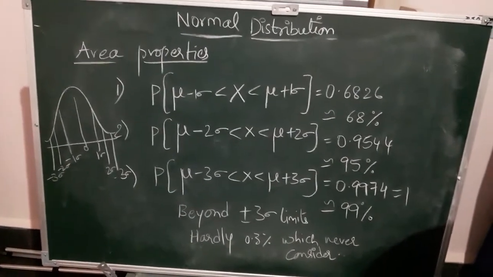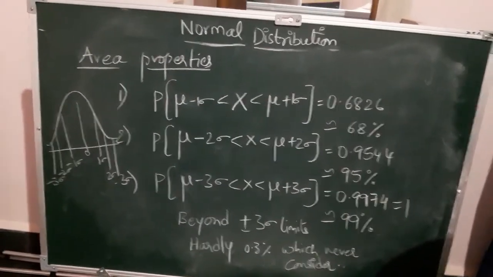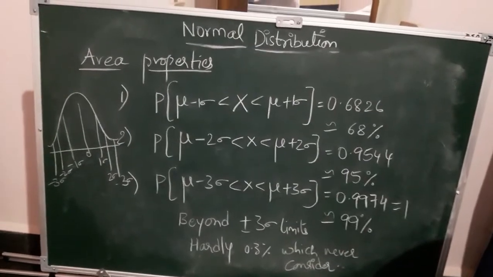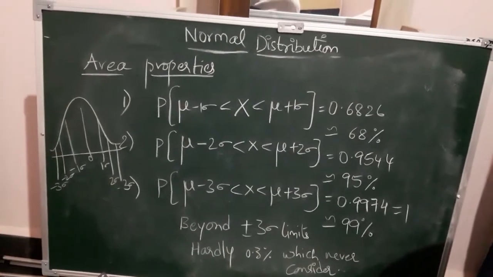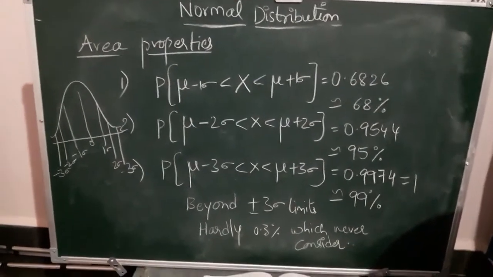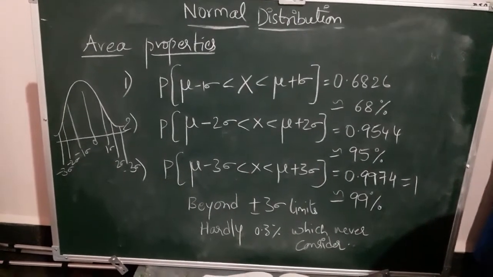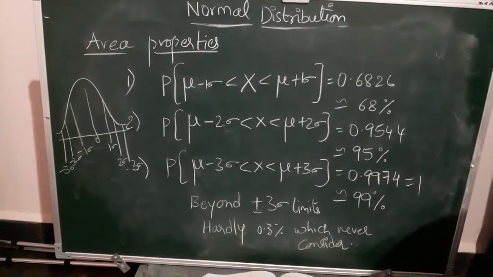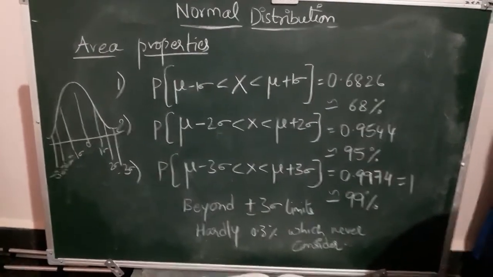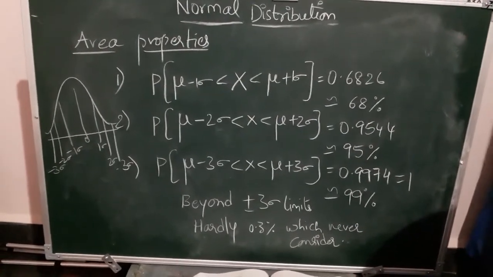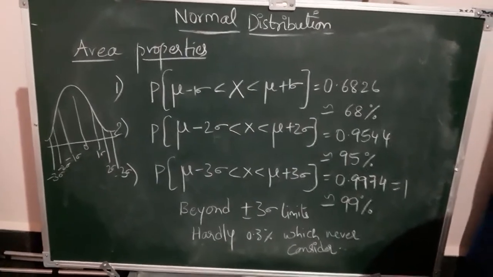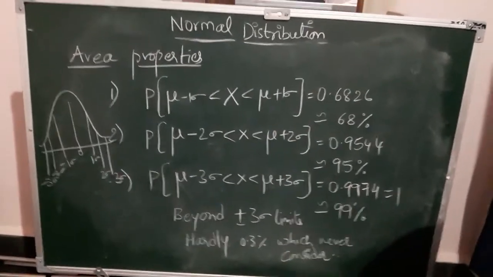Next, property number 9. Actually that property is not given, just for knowledge purpose I have given it to you. Where Q1, Q3 quartiles are given, what is the value of mean, median, mode? The average of the lower and upper quartile, Q1 plus Q3 by 2, which will not be found in your textbook, but remember.